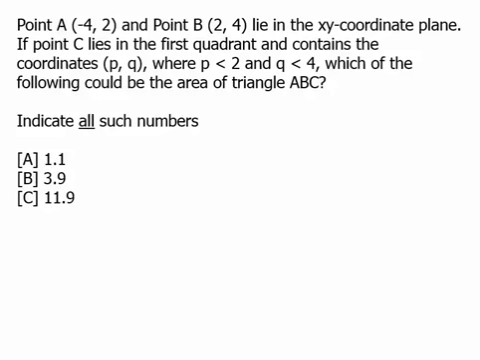So in this question, a good idea is to draw the coordinate plane. So there it is. And we have a point A over here, which is -4, 2. And then we have point B, which is 2, 4, up over here. There's a point C, and all we know is that it lies in the first quadrant, which is this quadrant